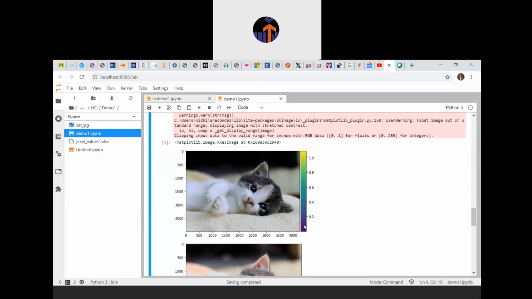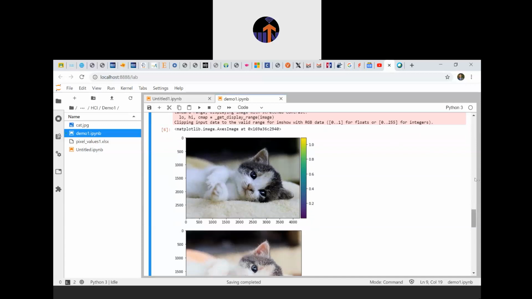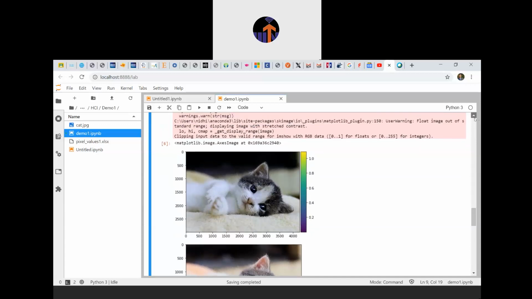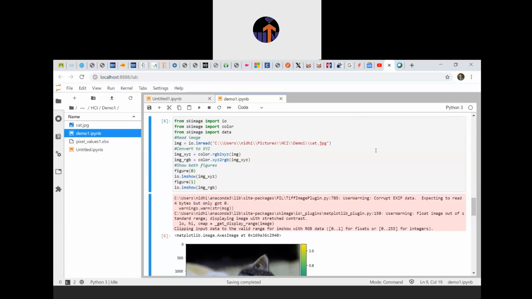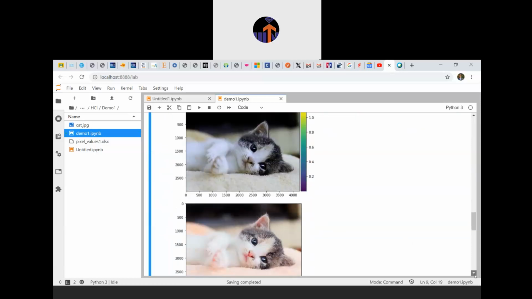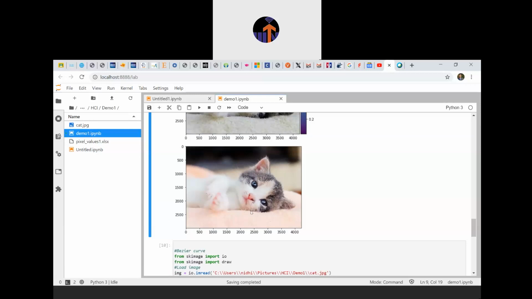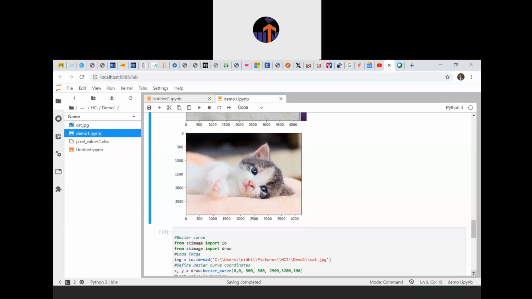You can see clearly there's a lot of combinations, and you can manually change it. And suppose you want to convert the XYZ dimension back to the RGB format, then there is another package called color.xyz2rgb, and just pass the previous object. Then it will again get back to the original image. That is one. So it is very simple and very interesting. You just have to call certain methods and packages and just play with the images.